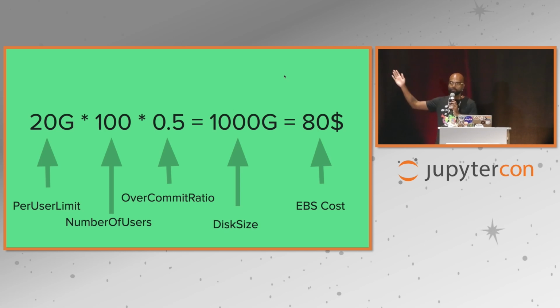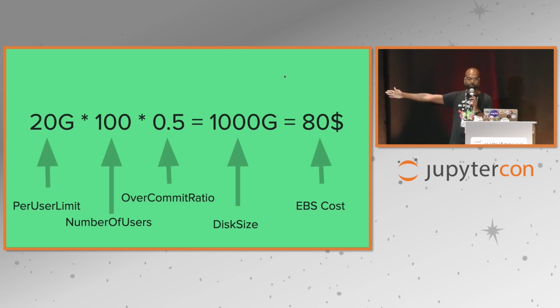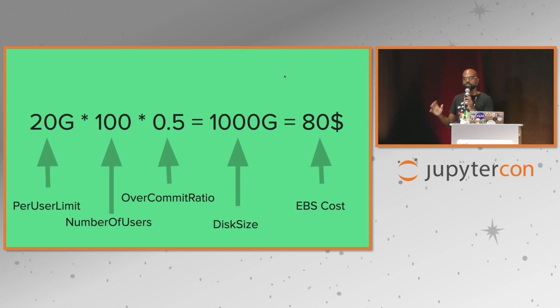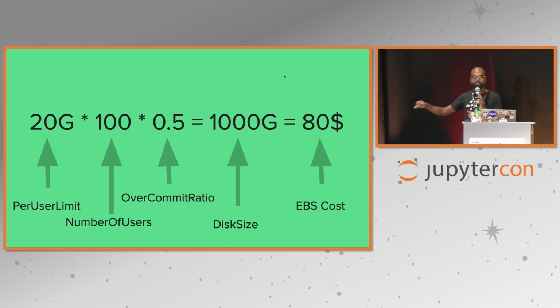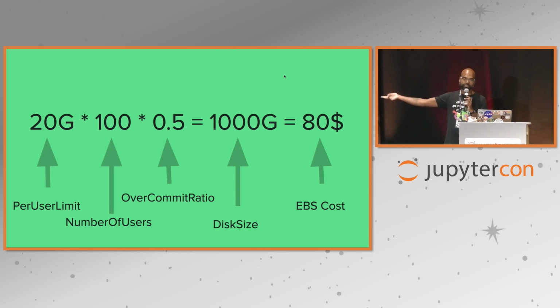So let's use an example here. Let's say I want my users to have 20 gigs per user, and I expect to have 100 users, and my overcommit ratio is 0.5. So that means that at worst case, I expect 50% of my users to use their entire 20 gig limit. If you saw the graph earlier, most people don't use anything like that at all. So 50% is actually a pretty aggressive number. And if we do all of that, you can see that we will get a 1,000 gig disk,